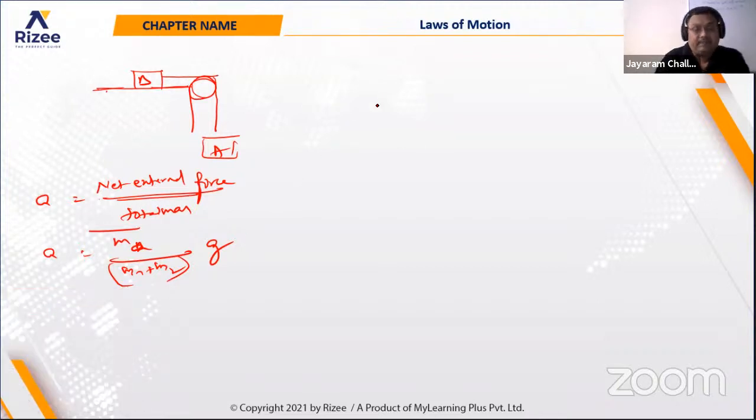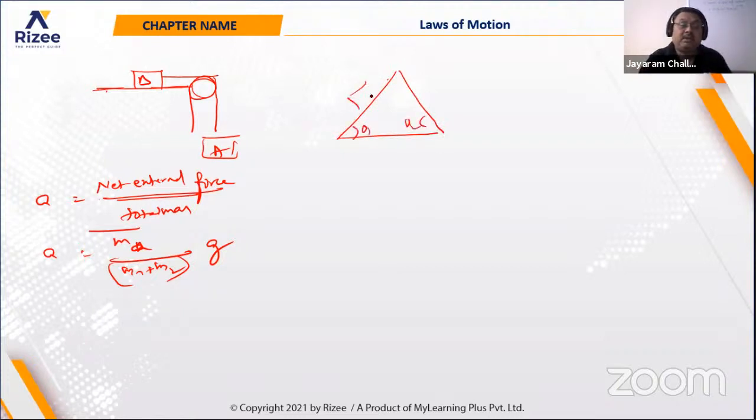two blocks are placed on inclined planes, two inclines like this. This is going to be the angle theta 1, and this is going to be the angle theta 2. This is M1, and on the other incline is mass M2. So M1 and M2 are on planes making angles theta 1 and theta 2. Then what will be the acceleration? The acceleration can be written as